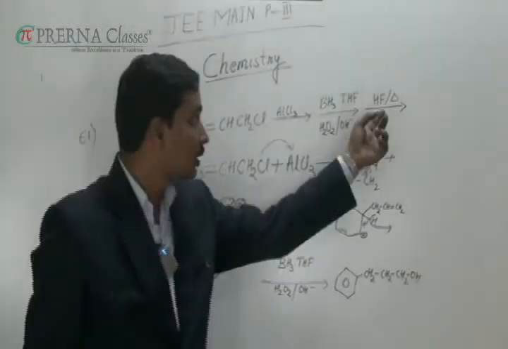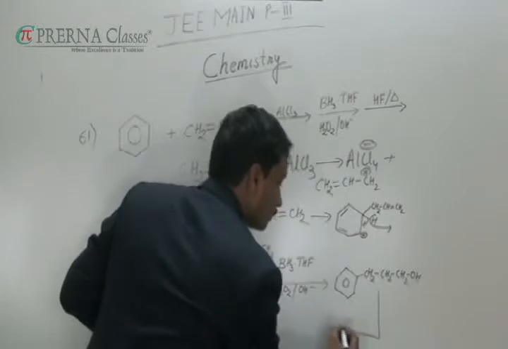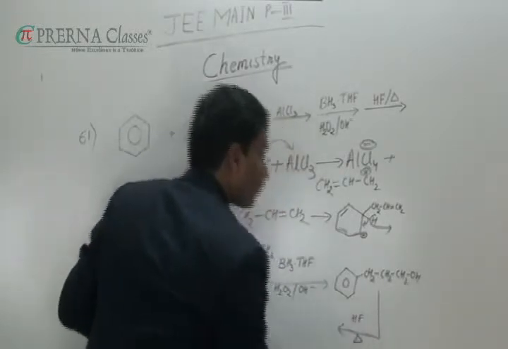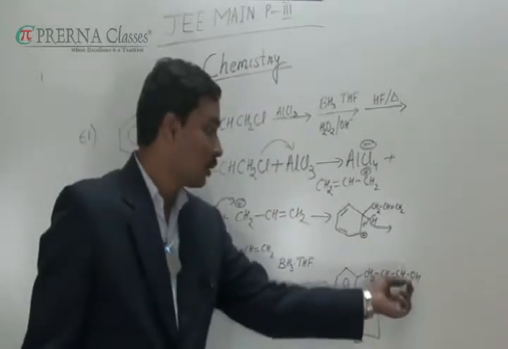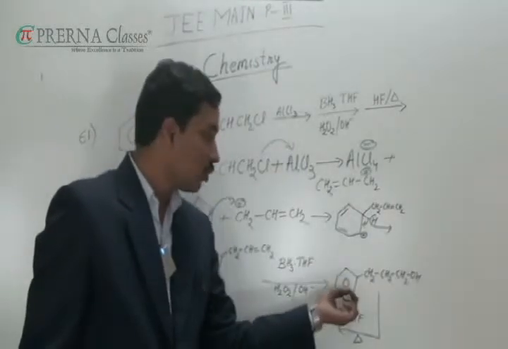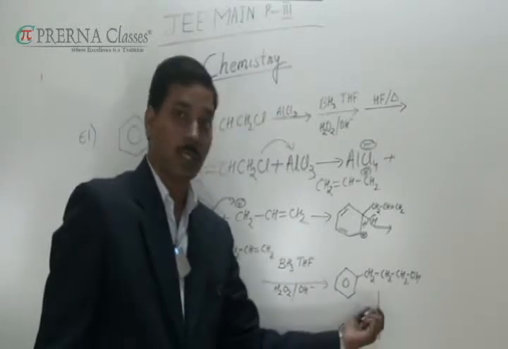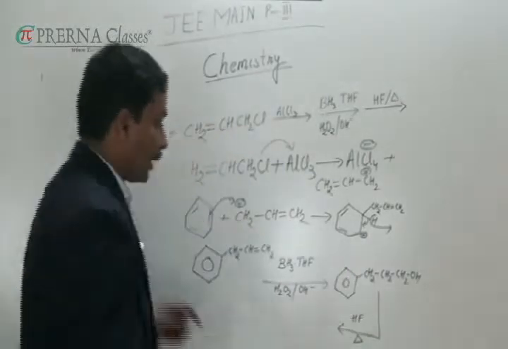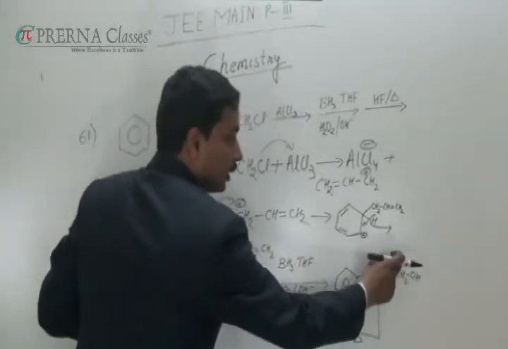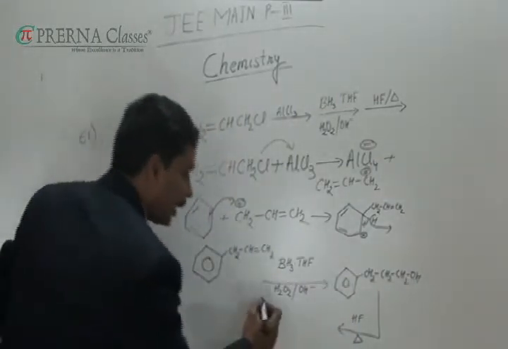The next step, it is reacting with HF. First of all, elimination of water molecule, that again is converted into an electrophile and it will go for electrophilic substitution reaction and is converted into a cyclic compound. That means this H plus will attack OH minus and there is removal of water molecule, an electrophile is formed and it is again an electrophilic substitution reaction, and the end result is